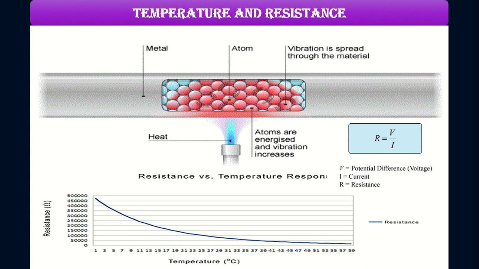Temperature is just one of the many factors that can cause the resistance of a material to change. However, when we say that the resistance changes, all this means is that if we take the voltage across the resistor and divide it by the current passing through it, we will not necessarily always get the same number. The fact that the number we get at any given time is always equal to the resistance of the material is simply due to the fact that this is how we define the word resistance in the first place. That is, R is equal to V by I, potential difference by current flowing through it.